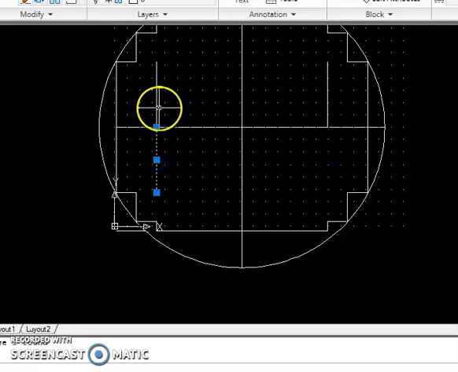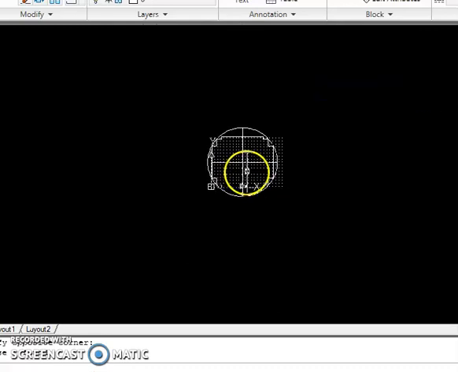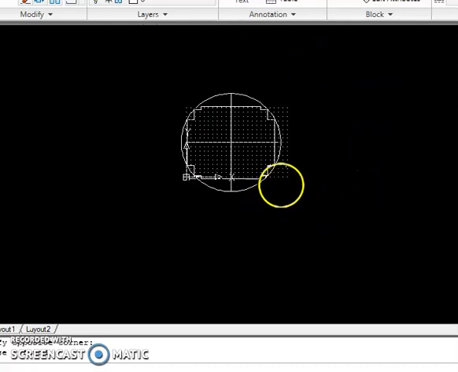And one more thing, as far as possible, don't delete these axis lines, because later they might be required. Okay, so this is only one core. In the same way, in a 3-phase core type transformer, you will have 3 cores like this. So you draw this one core, then you can copy it, or select it and press offset, and specify the distance, which will also be mentioned in the problem.